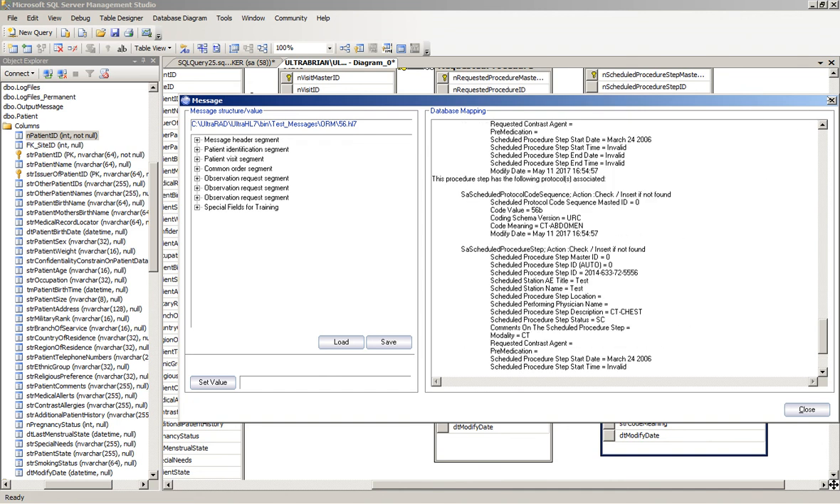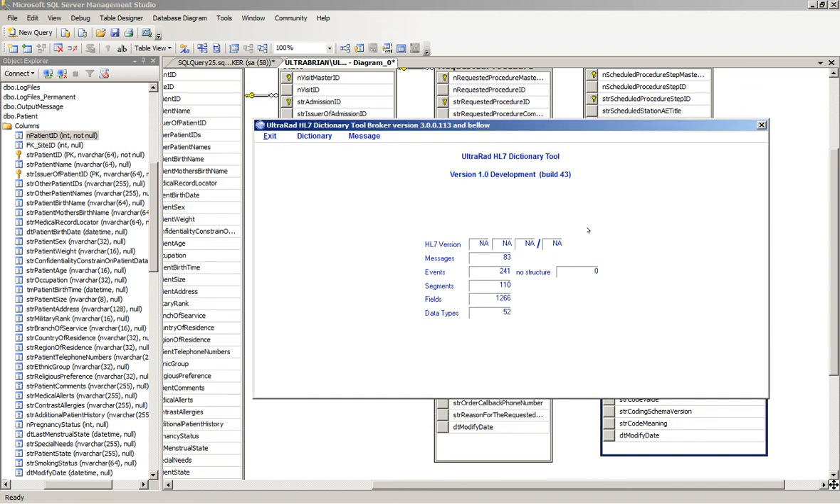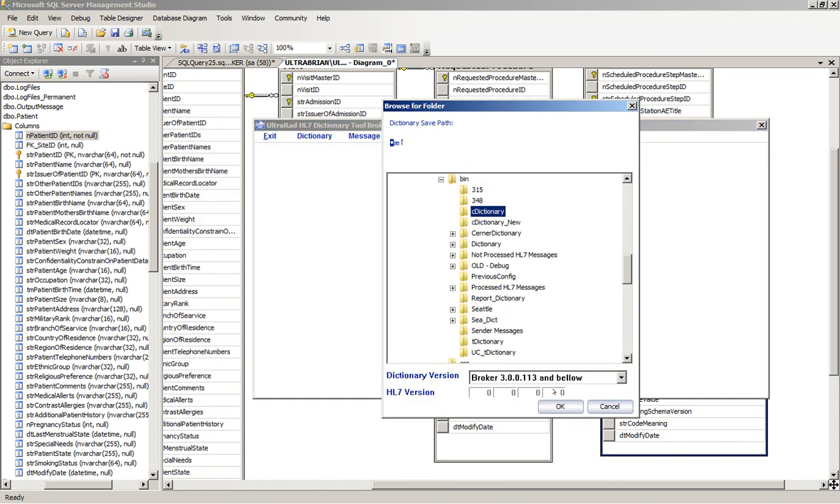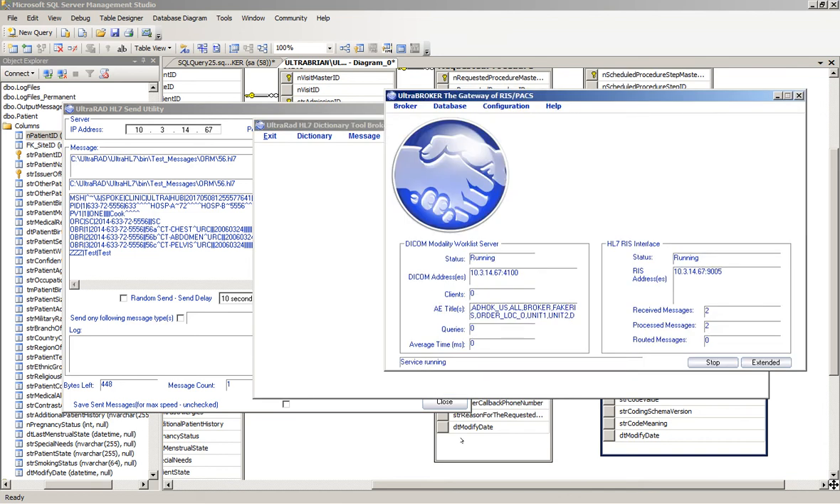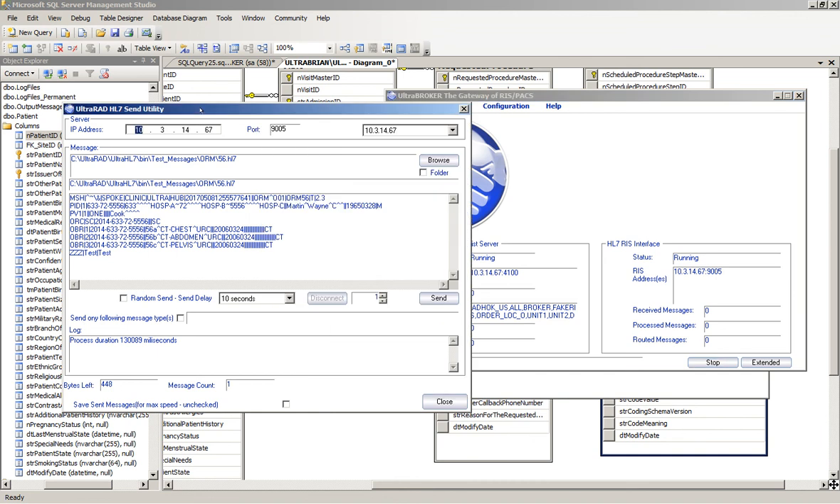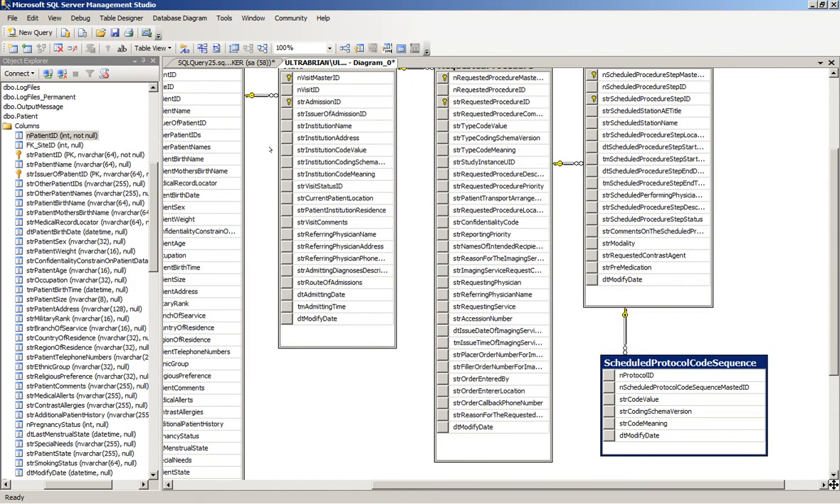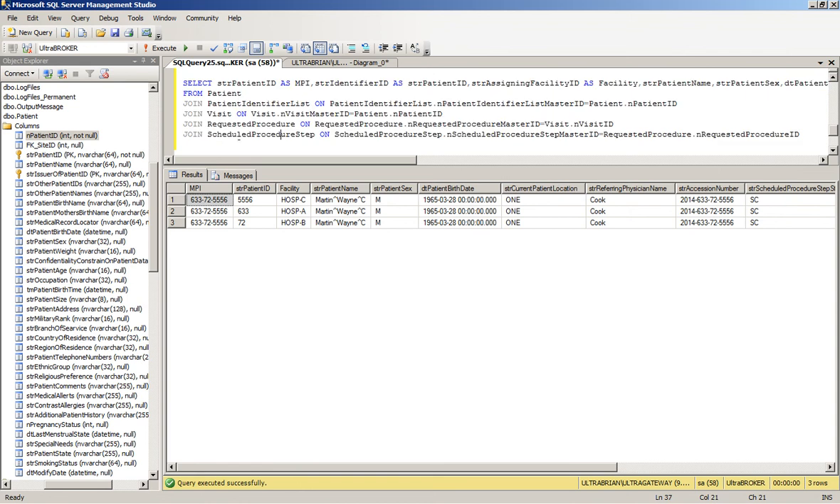So let's take a look and see if this works. I'm going to save that dictionary file. And of course I have to restart the broker. So I'm going to stop it and start it. And I should be able to send this. Now before I send this, we've made a lot of changes here. So just to be on the safe side, so we don't confuse things,